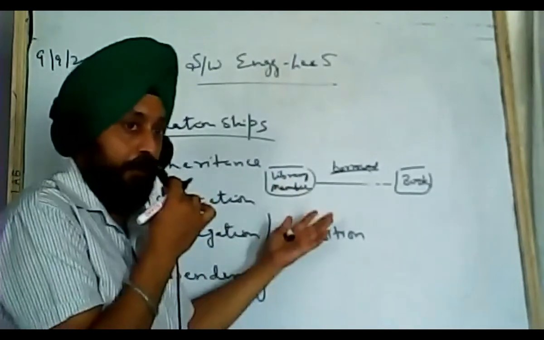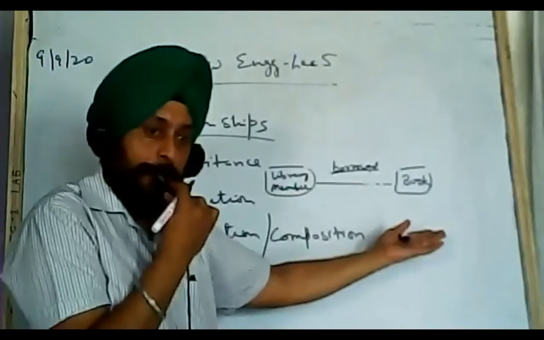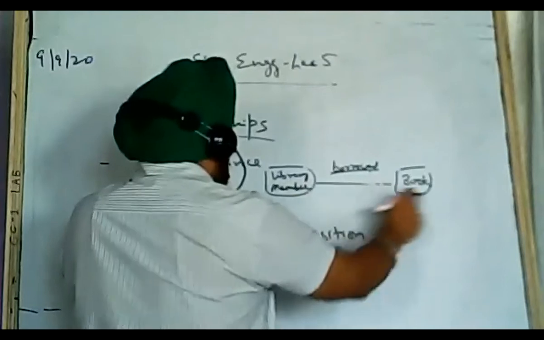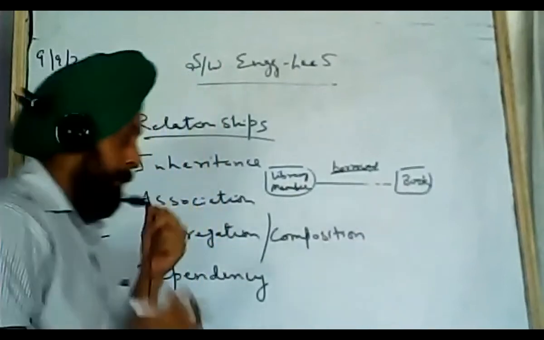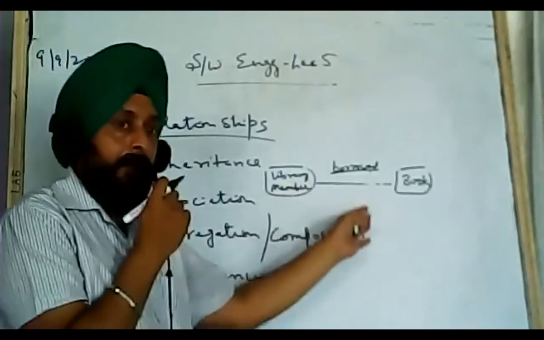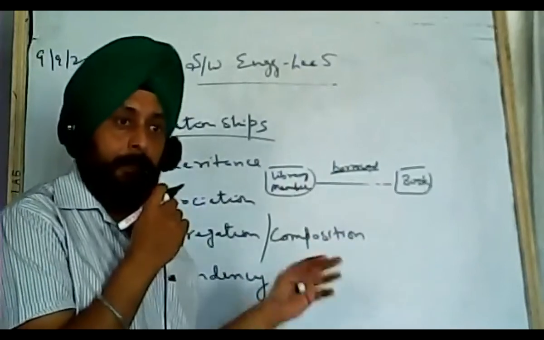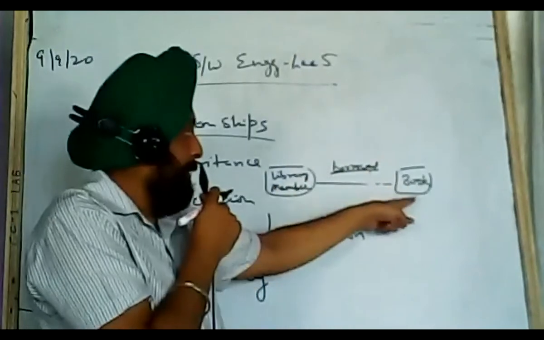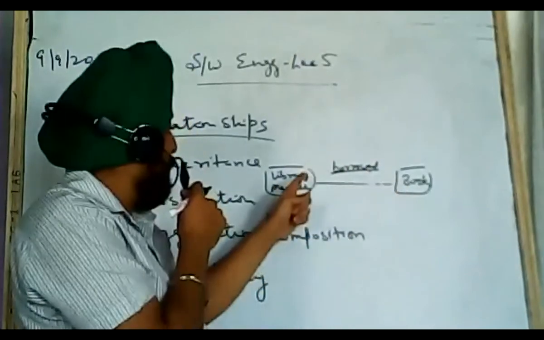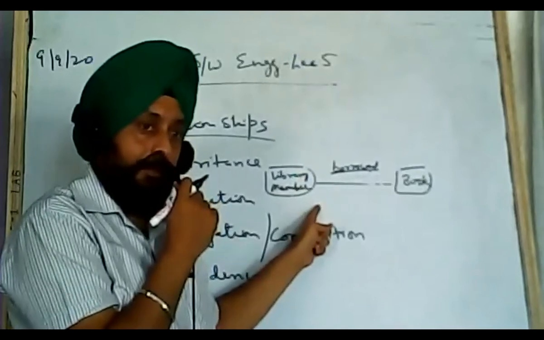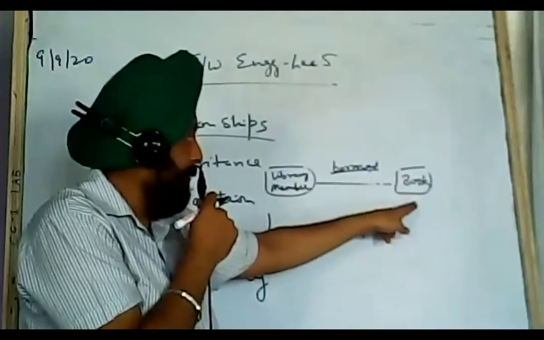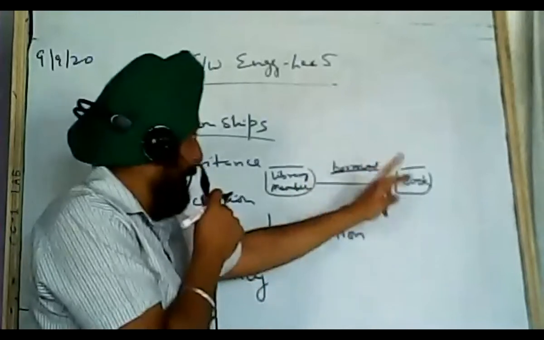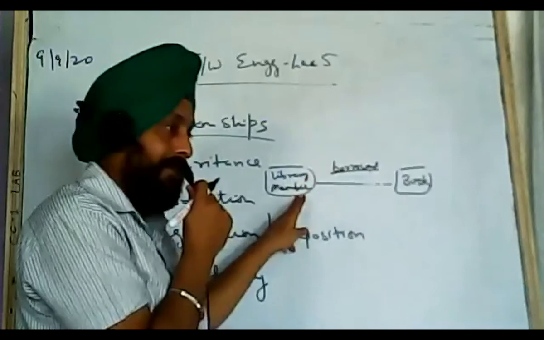The member is an object of a class, and book is also an object of the class Book. So how are instances of two different classes associated? Now this association can be of different types. It can be one-to-one, one-to-many, and many-to-many. One-to-one means one instance of this class is always associated with one instance of that class. One-to-many means one instance of this class with many instances of that class. Many-to-many means many instances of this class with many instances of that class.